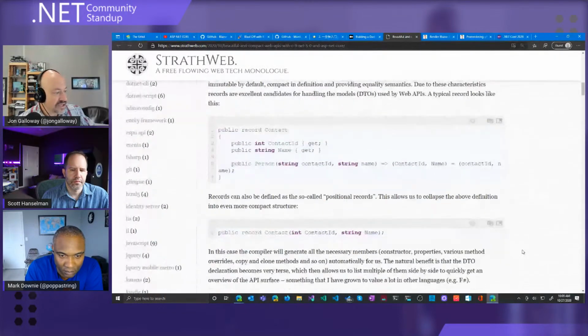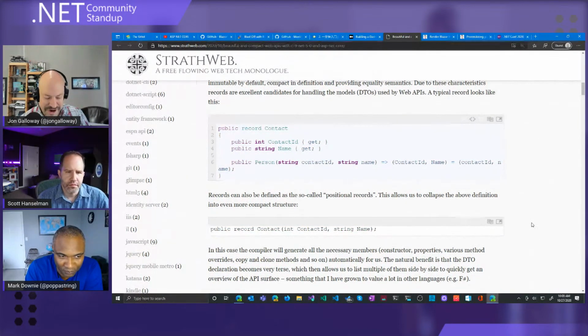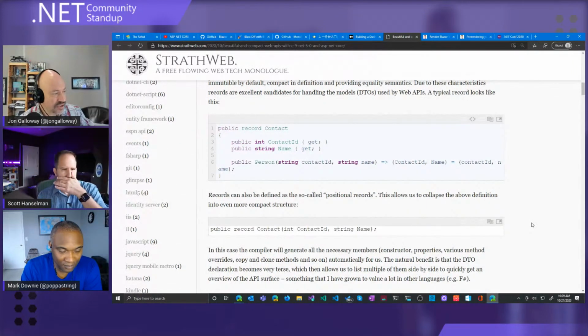So he also talks about records, an important feature in C# 9. And you've got this syntax, but you've also got this syntax as well. And an important thing, I saw Jimmy Bogard was tweeting just over the past few days about updating a sample he did to records. And you can write mutable records, even though records do make it possible to write immutable data structures. And so using this syntax here is going to generate that constructor for you.